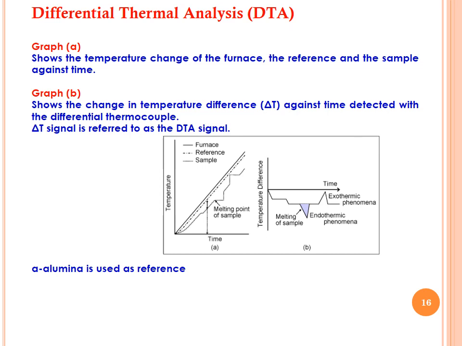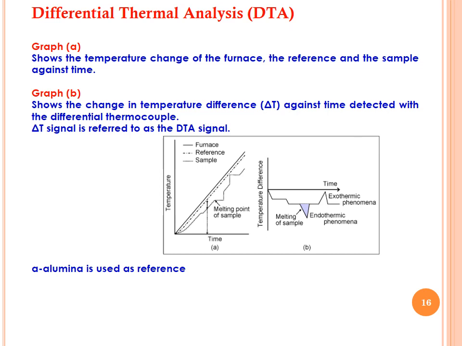One is a solid line, the other is a dotted line, and number 3 is the zigzag line. The solid line is for the furnace temperature. The dotted line is the reference temperature-time behavior line, while the zigzag line is the temperature-time relationship of